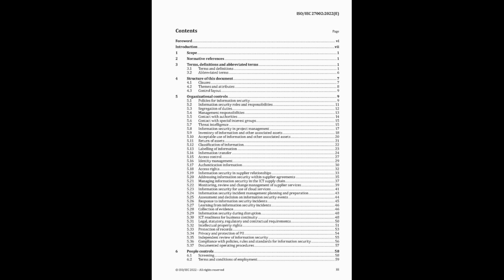Okay, 5.18, access rights. So identity is who you are, authentication proves it, and access rights are what you can do. Perfect summary. Defining and authorizing access according to business requirements. The purpose. Ensure authorized access only. And the guidance covers provisioning and revocation. Getting authorization from the asset owner, management approval maybe? Yes. Granting access promptly when needed, but revoking it just as promptly when it's not needed anymore. Change of role, termination. Keeping records, regular reviews of who has access to what, especially after role changes.